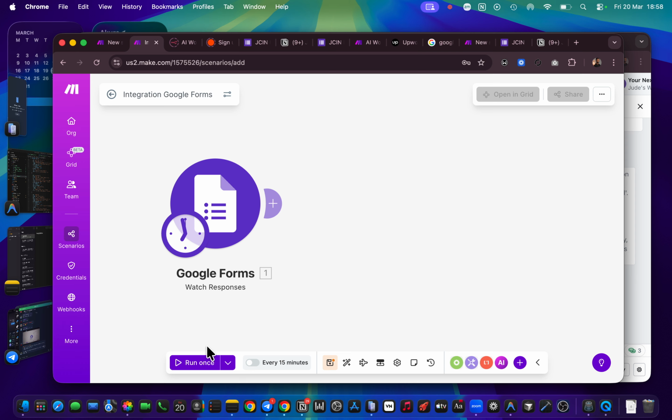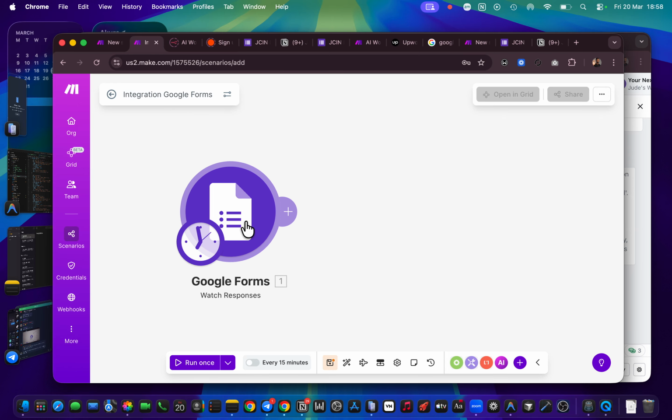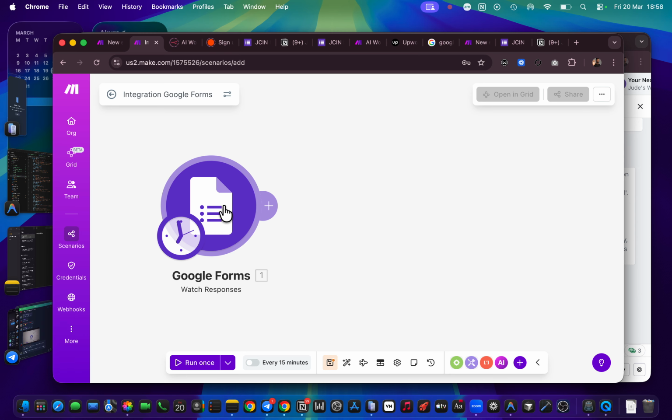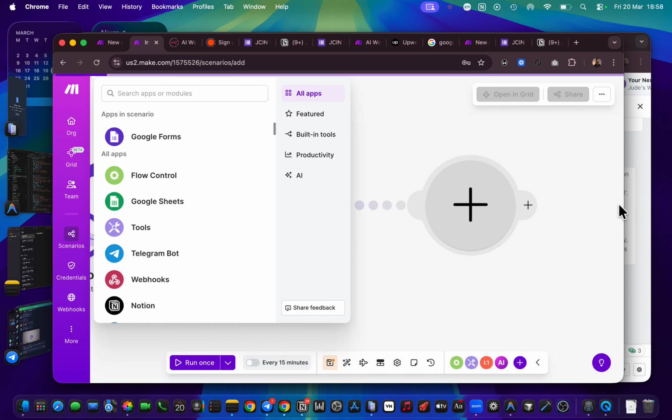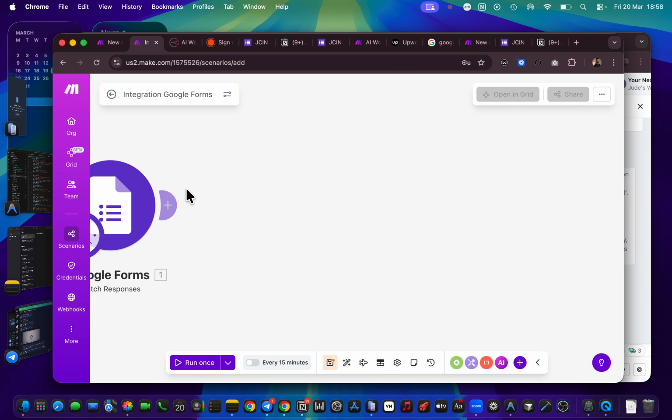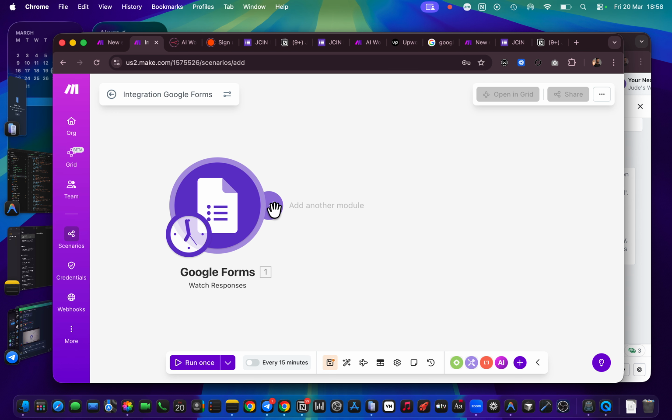But if you click run once, and this is not the only module, this is called a module. It's an app. This is the Google Forms app. You can call this particular thing on make.com a module, and you can also still call it an app. So if you run once, it is going to run it. But let's assume we had other modules, another module, another module. That means it will run everything. Whatever you are trying to test run here will not only apply to this, but to other modules as well. So how do you run this module alone to see if it is working?